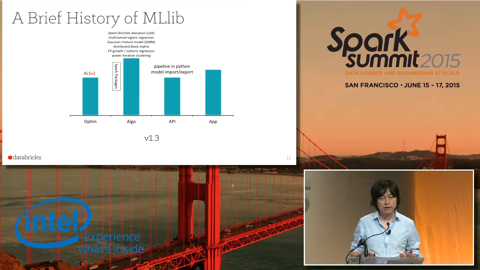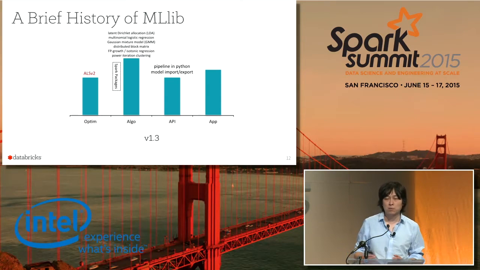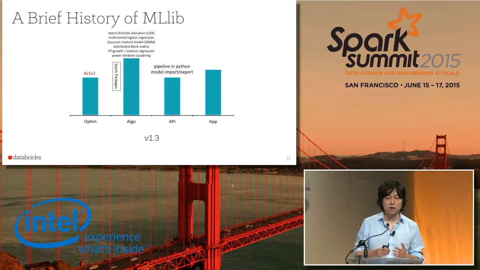Then in 1.3, actually, it was a boost of machine learning algorithms. And besides the machine learning algorithms we included in the MLlib repository, we also added a Spark package website. Basically, we know that in the real world, people want to customize their machine learning algorithms for their particular specific applications. And we cannot easily maintain all those modifications inside a single repository.